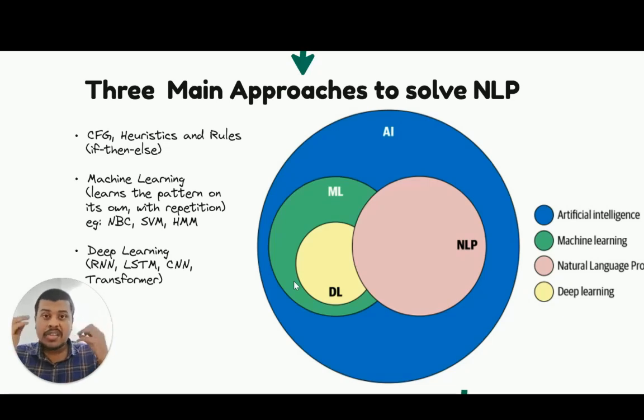And the third approach is the deep learning method. In the deep learning method, we have several algorithms. We'll start off with RNNs and then the LSTMs. RNN stands for recurrent neural network. LSTMs are long short-term memory, a type of RNN. And then we have the convolutional neural network, CNN. And then we have the transformers. And the transformer-based BERT we'll be seeing, and even the autoencoders. Fine. So these are the algorithms that we'll be seeing in deep learning, and this will be the third approach in our overall three approaches for solving NLP tasks, right?